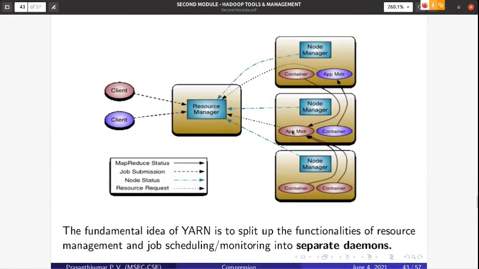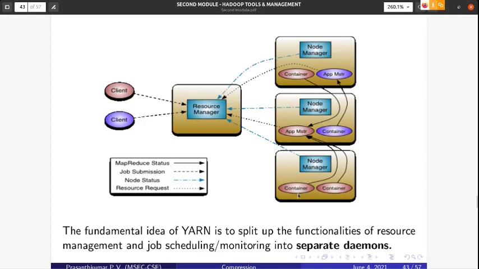Then the last point. Look, this application has completed its execution. The application master is running, and once the assigned application is completed, it will release the request to kill the container. Then who will kill it? The node manager will kill the container.